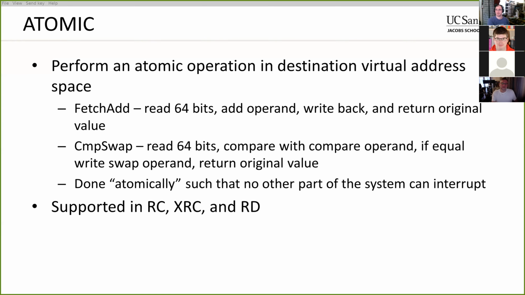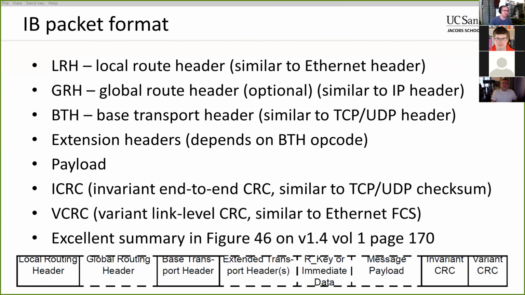Right, so another question is, what does all this look like on the actual wire? There's an excellent summary on page 170, figure 46 in the InfiniBand specification, and I can pull that up a little bit later if people want to take a look at it if you don't have a copy of the spec locally. It's actually not in the transport specification part of the spec. It's in the data packet format, chapter 5. But anyway, it seems like they've described most of the header fields twice in the specification for some reason. Not sure why. Doesn't make complete sense. Anyway,